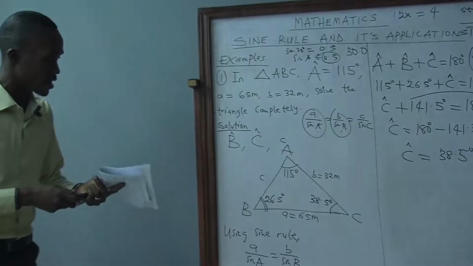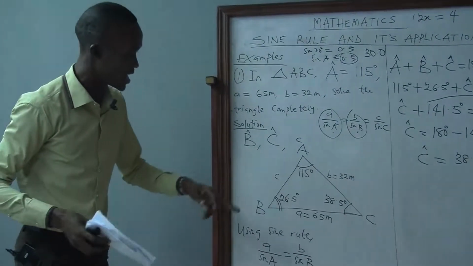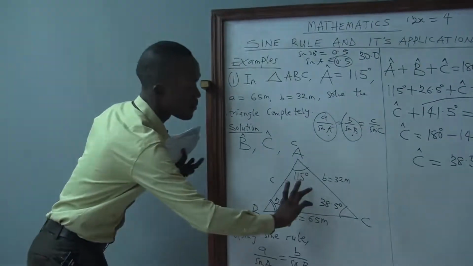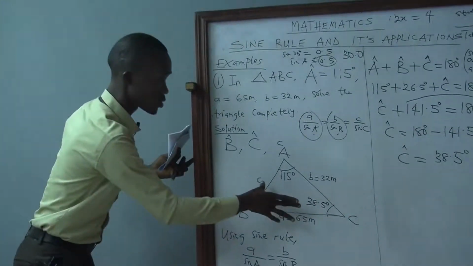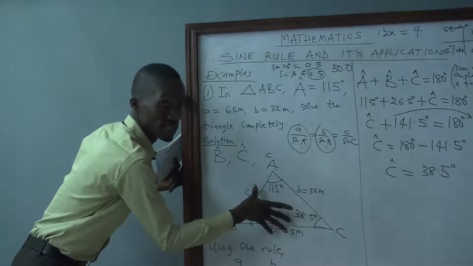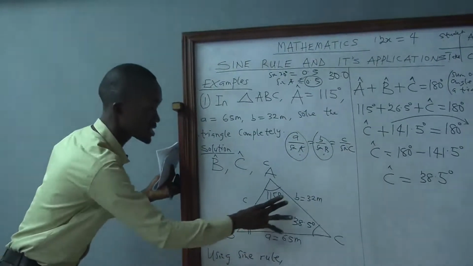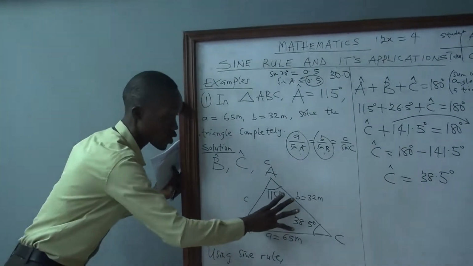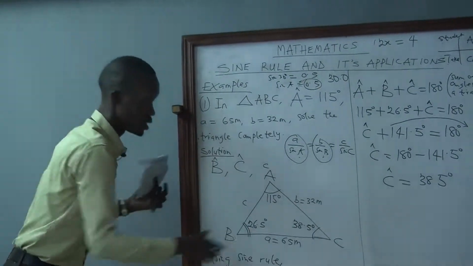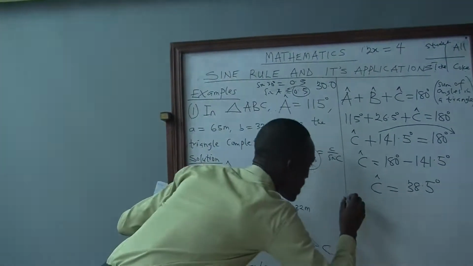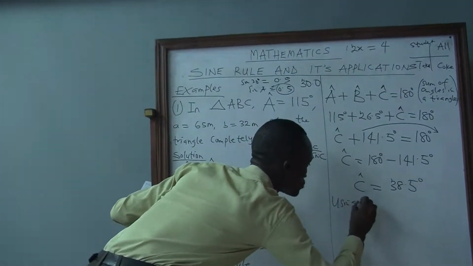Now, if you look at this triangle, I said something earlier as well, that we combine the complete one with the incomplete one. So from here, we can combine A and C, or since our B is also complete, we can combine B with C that is not yet complete. So we also go back to sine rule. Using sine rule,